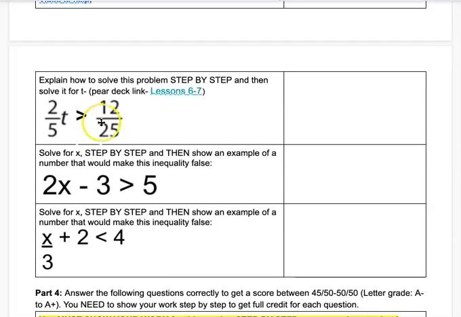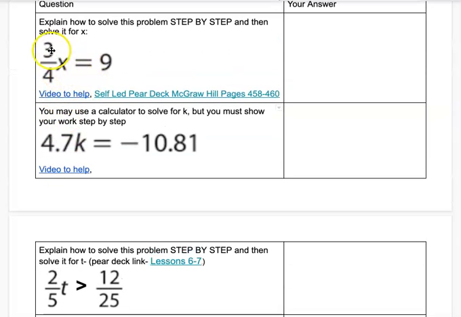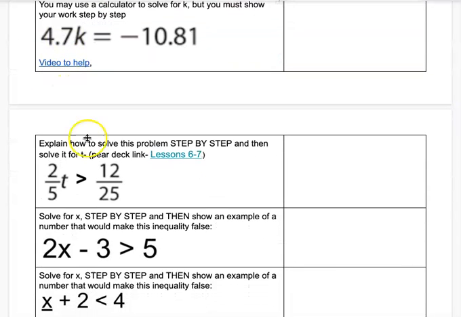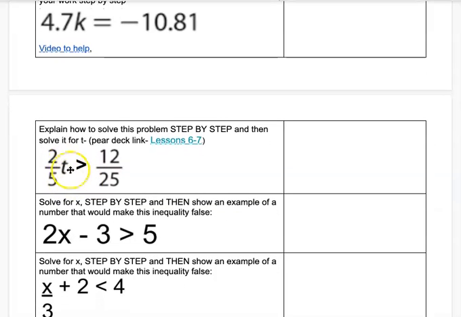Keep going. So for this one, I know the link actually doesn't really help you, but I'm going to talk you through it. So think about the problem up here where you had a fraction. Remember, though it's an inequality, the goal is still to get the variable t by itself. So to get rid of 2/5, you're going to multiply both sides by 5/2. And then that would cancel the 2/5 on this side. But whatever you do to one side, you have to do to the other. So you would end up doing the same thing to the other side